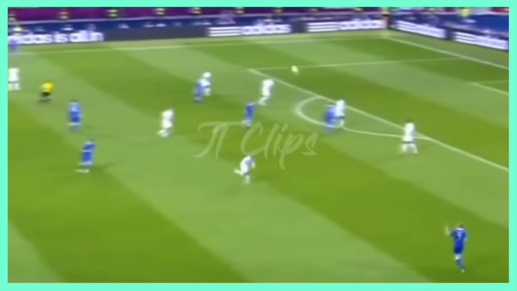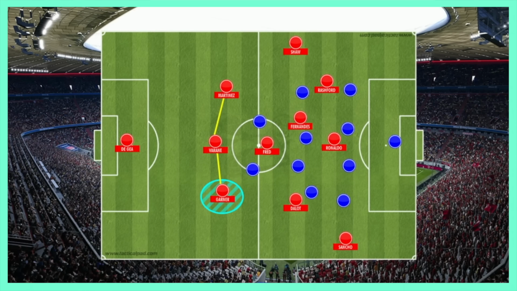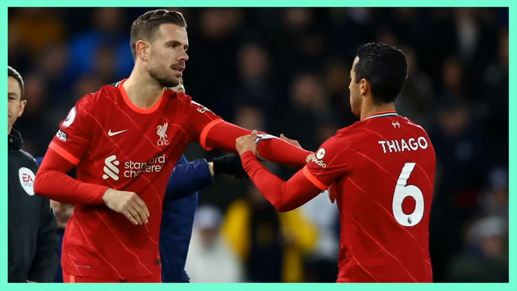Instead you just need a system with a three at the back in possession. This could be done with a back four where the fullbacks push forward down the flanks, allowing one of the central midfielders to drop into a wider position in the back three. You could have both fullbacks advancing and two central midfielders dropping into that space with one of the centre backs